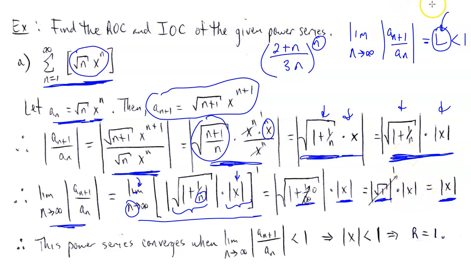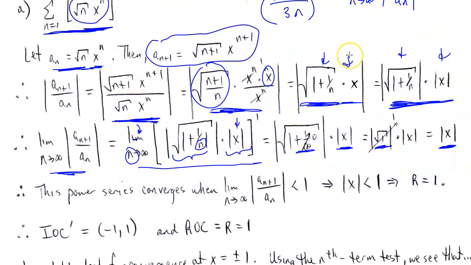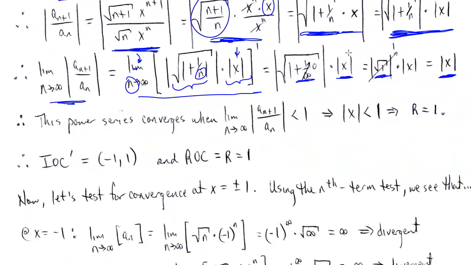And remember how we said that whatever ends up here has to be less than 1. So the power series that will end up converging will be the ones where absolute value of x is less than 1. Or put another way, the values of x that are strictly in between -1 and 1. Okay, so this is our case 3 by default situation for the power series. Okay, and so from that,